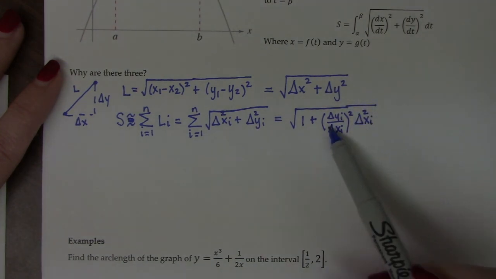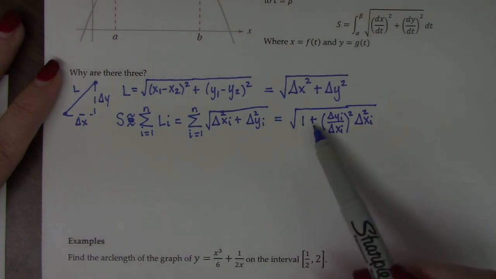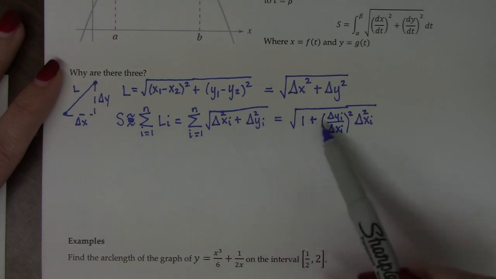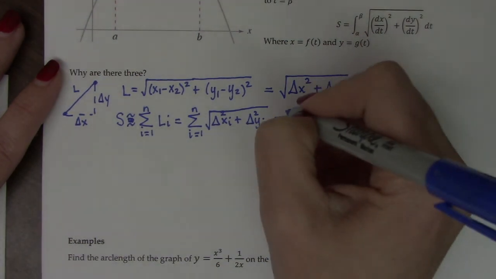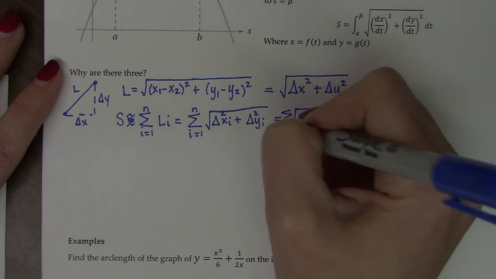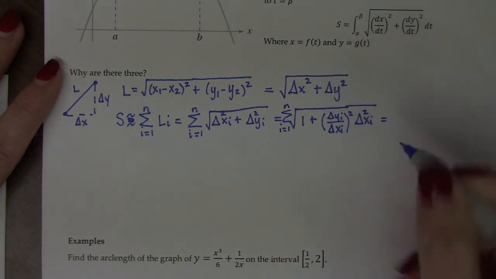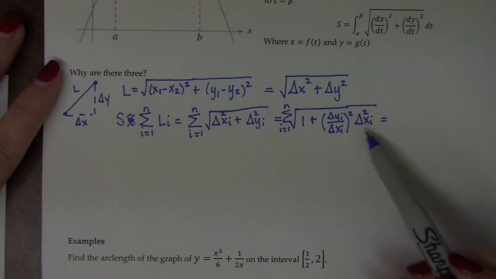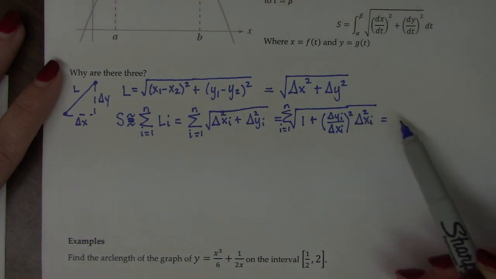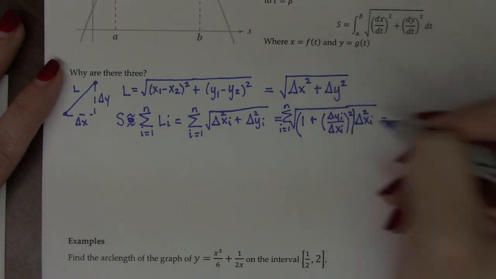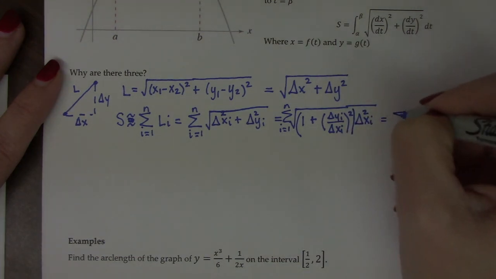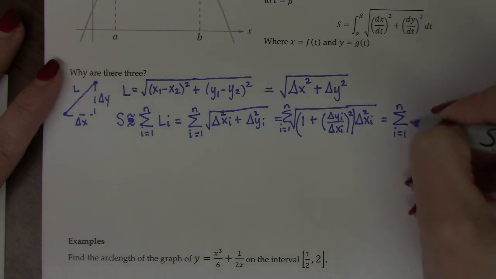If I were to distribute this back, you would see this cancels my delta x here, and 1 times delta x, I would end up right back here. So this is what I get if I do it this way, and I drop my sum. Then, since this delta x is squared, I'm allowed to take it out of the radical, because this is this times all of this. So then what I get is the sum from i equals 1 to n of the square root